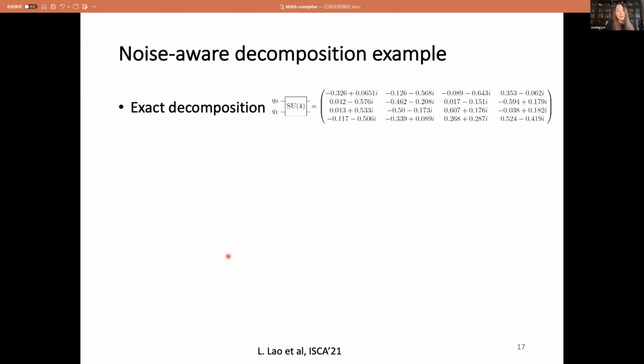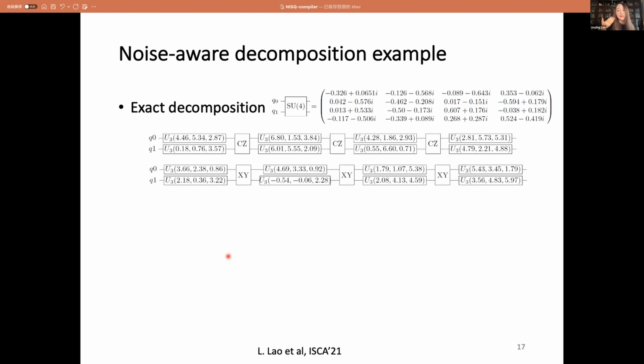Let's use this example. So we want to decompose this SU4 unitary into either a CZ gate or an XY gate. So for the CZ gate side, we need 3 CZ gates, and we also need 3 XY gates for the exact decomposition.